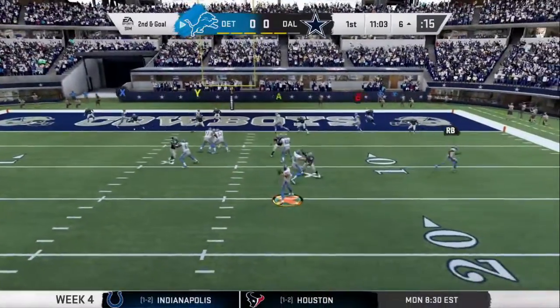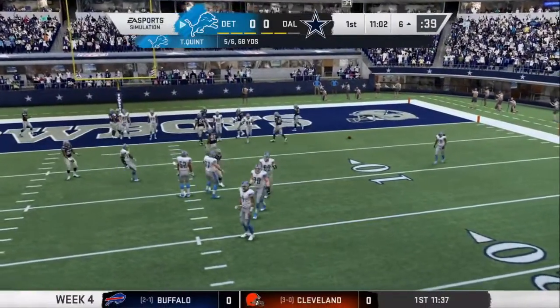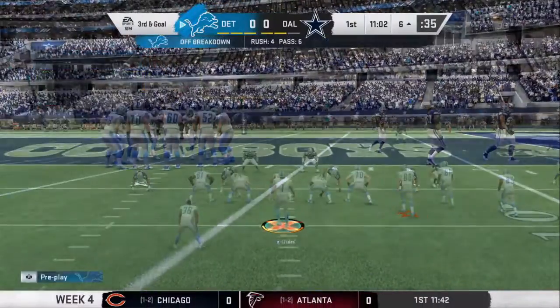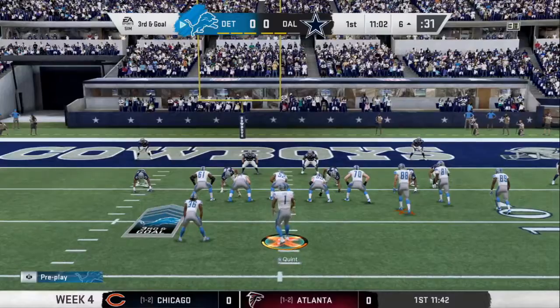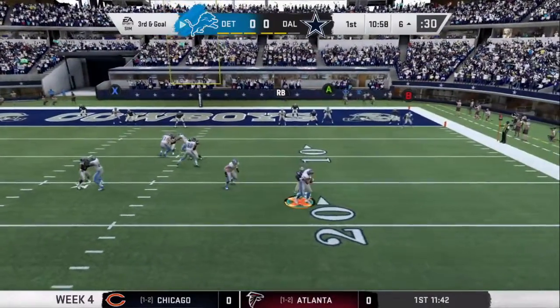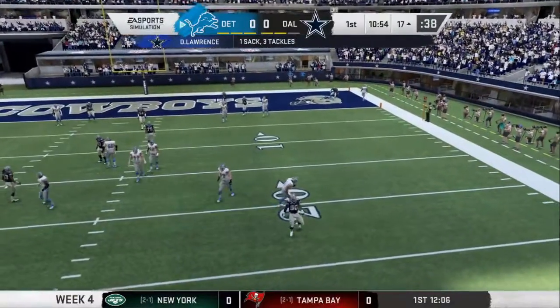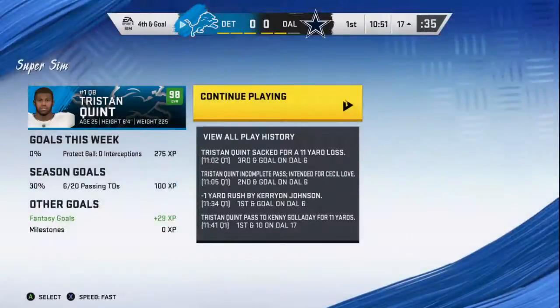2nd and 6. Toward the end zone, but that's going to wind up incomplete. They may be snapping the ball near the goal line, but all you're thinking defensively is keep them out of the end zone. Force the incompletion, force them into going for 3, and not giving up 6. Flushed out right, and he can't find anywhere to go with it, and he goes down. The tank, DeMarcus Lawrence with a...